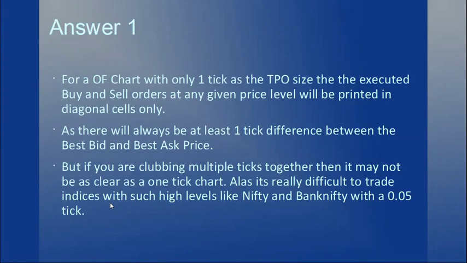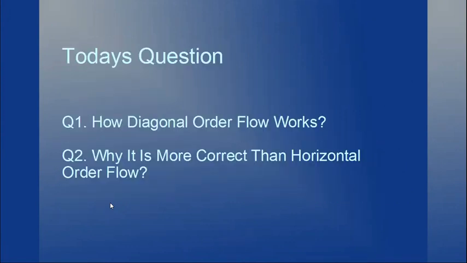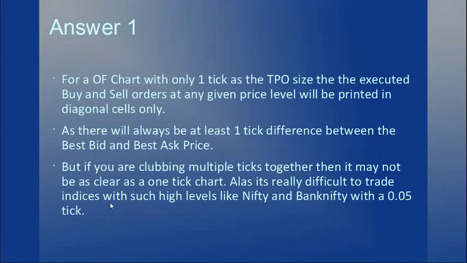Okay, so the first question is how diagonal order flow works, and here it is. For an order flow chart with only one tick as a TPO size, all of you must be knowing that we are using different TPO sizes. For Nifty, I am using 40, and for Bank Nifty, I am using 100. The original tick size for both these instruments is 0.05. So if you are using a chart or an instrument where one cell on an order flow chart is one tick,